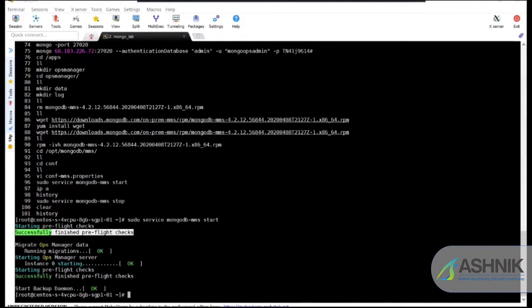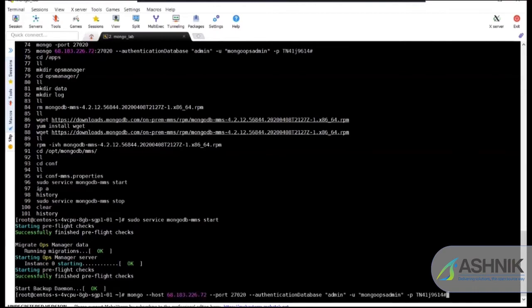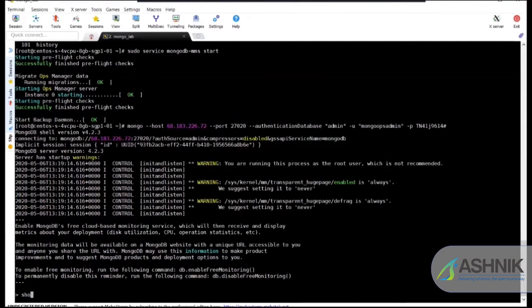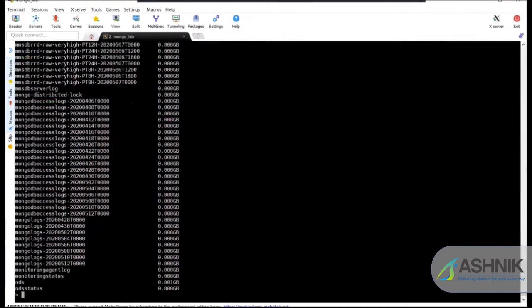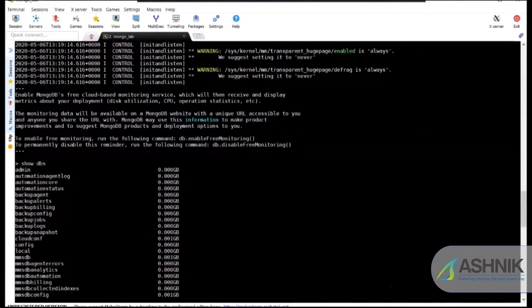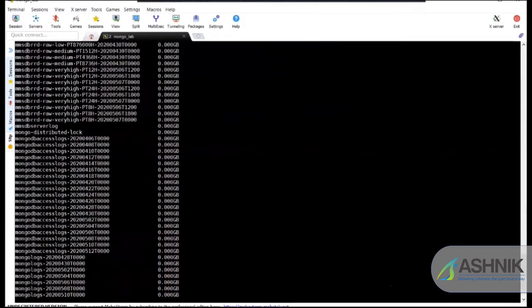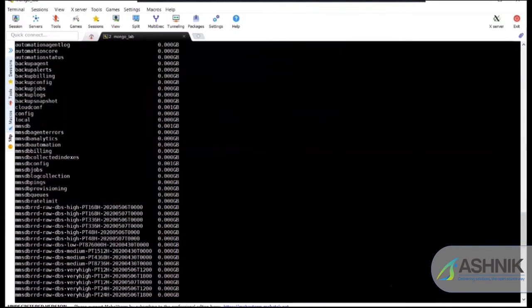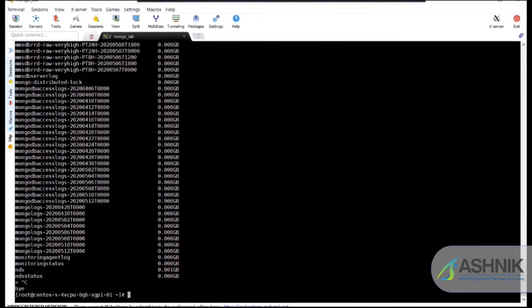Let's quickly check those databases, just the count at least. If you check here, these are all related to the Ops Manager application. So now we have finished our pre-flight checks successfully.